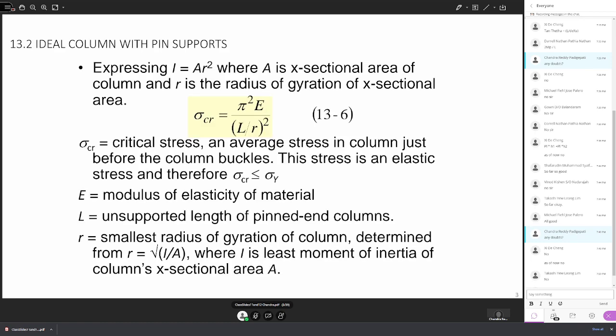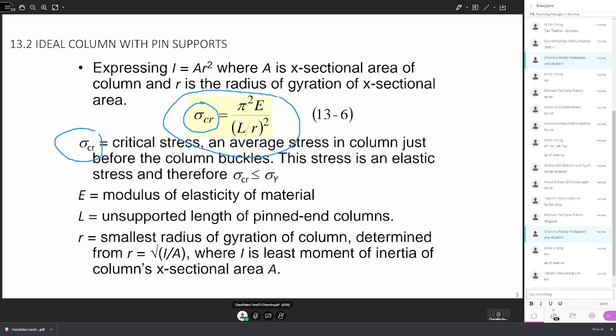Okay, so we can also calculate the critical stress. When the load is critical, the column experiences a stress, and we call that the critical stress. Critical stress is nothing but the critical load over the area. So if you take those two things and simplify, the critical stress can be given by this formula, pi